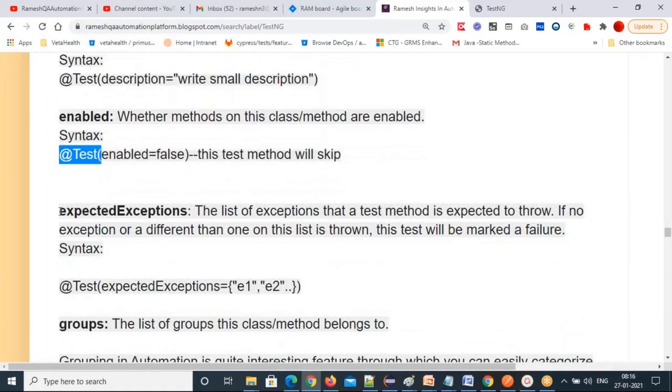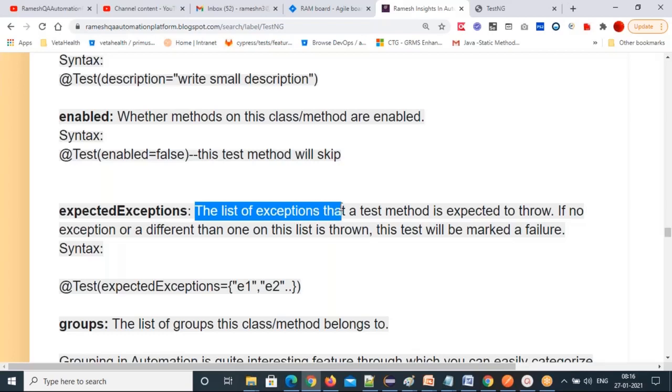And expectedExceptions. Not that much important, but let's discuss. The list of exceptions that a test method is expected to throw. The WebDriver exceptions I have explained to you, right?